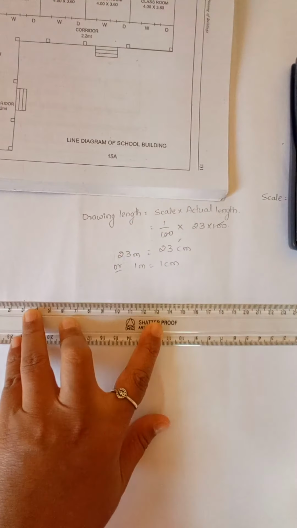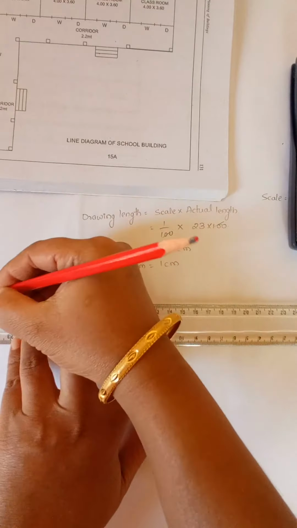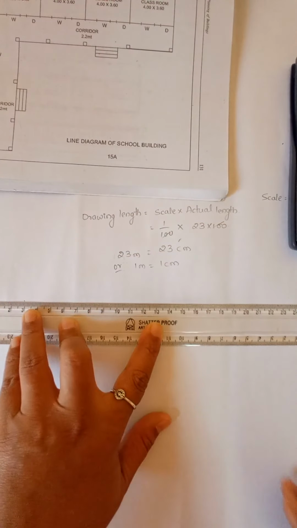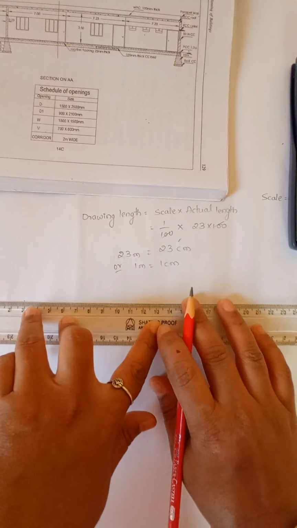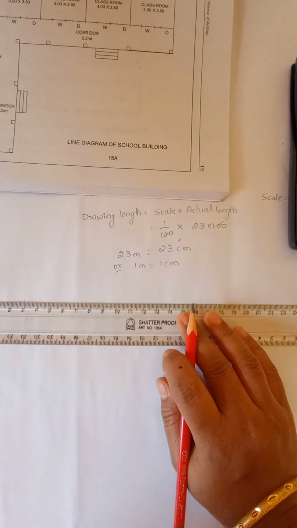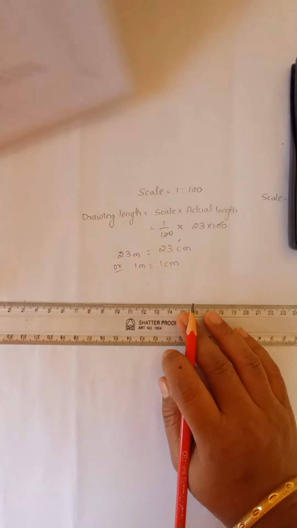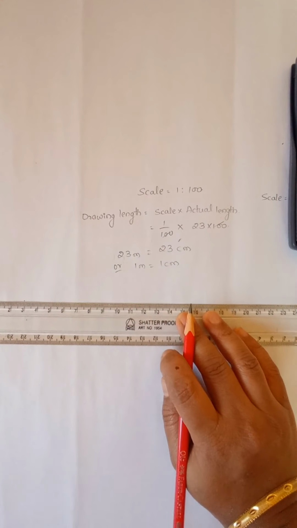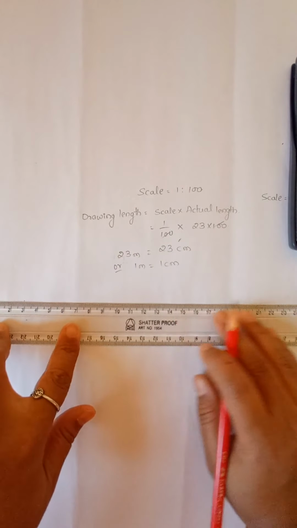This is my 0 point. Okay, I will take. So first, initially whatever drawings you are drawing, you draw them with a thin line. Don't take it as a thick line, take it as a thin line. Okay, so what you have to do now, see, first I'll come to this point.